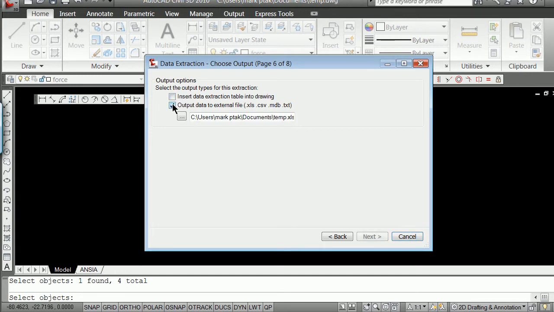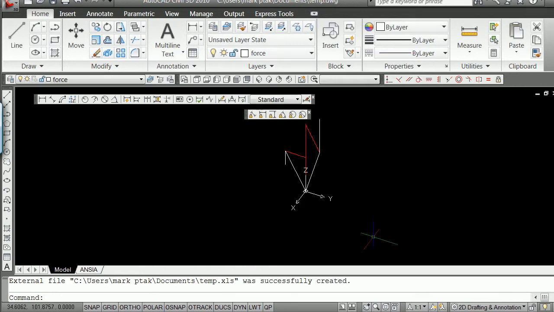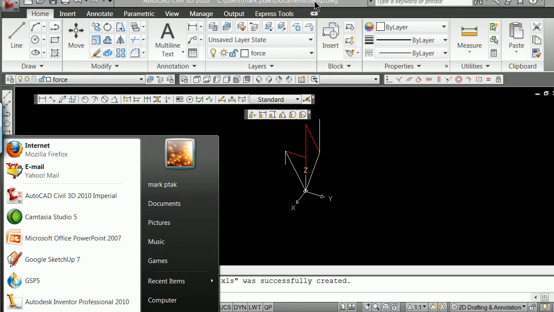You hit next here. It shows you what you're pulling out there. I guess you could add comments, which is pretty nice if you've got comments on it. We could do links. All we're going to do at this point is send it out to some format. You're going to have to decide which you're going to do. I'm going to output the data right here to temp.xls, hit next and hit finish. Right there you have now temp.xls. I'll bring that up, start,